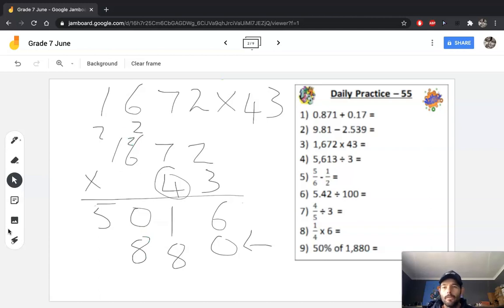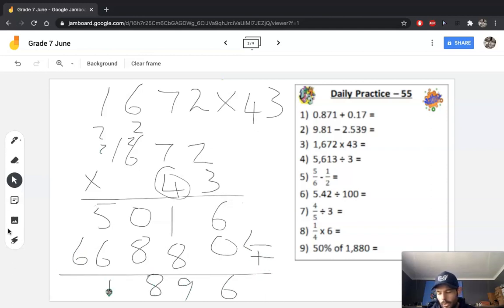4 times 6, 24, plus the 2 is 26. And again, we must carry 2. And 4 times 1 is 4, plus the 2 is 6 again. And now it's just a case of adding up. And we should get an answer of 71,896. But I'm going to go and try another method just to see if we do indeed get